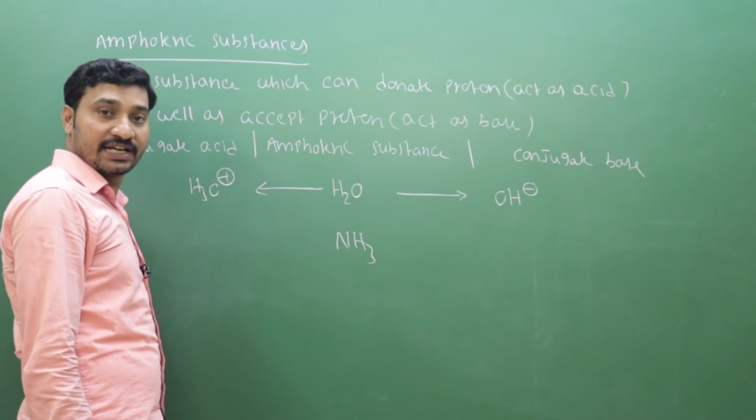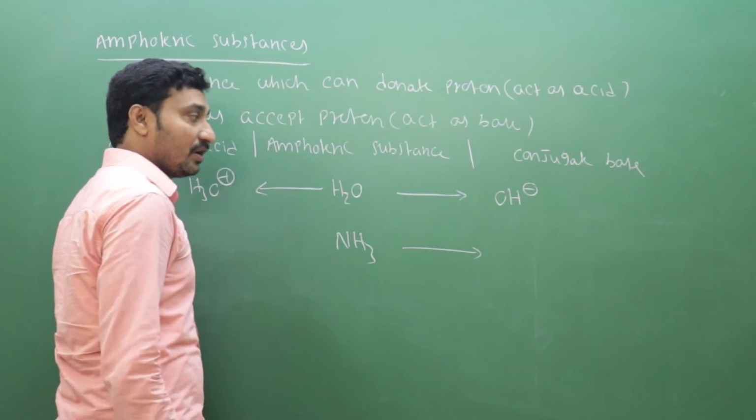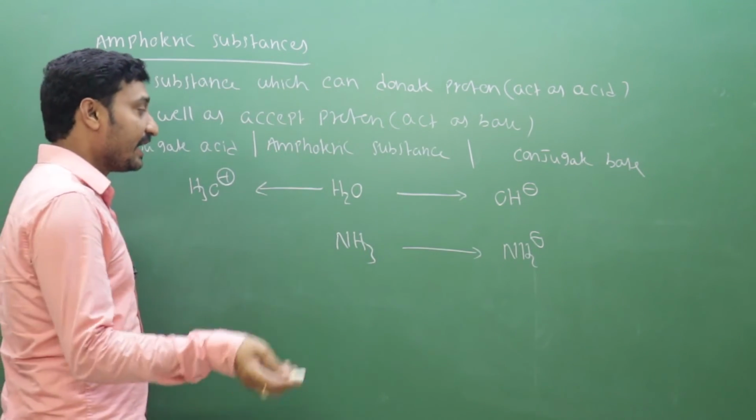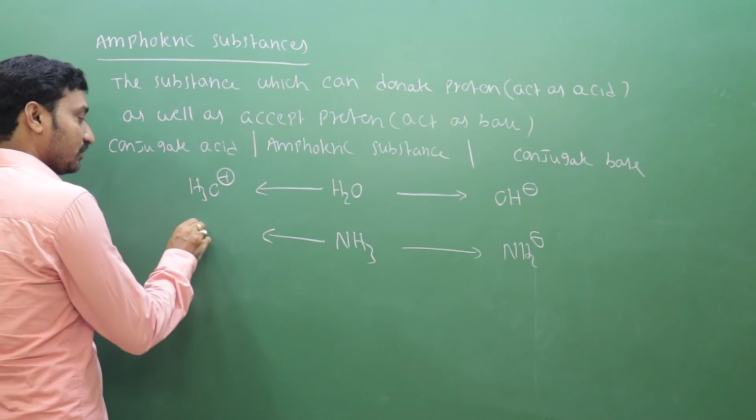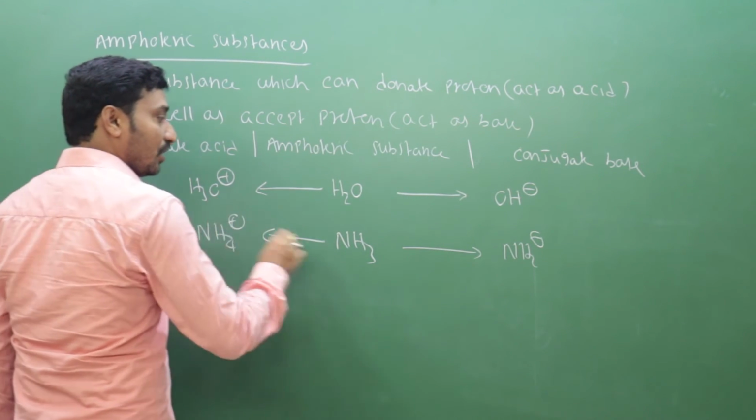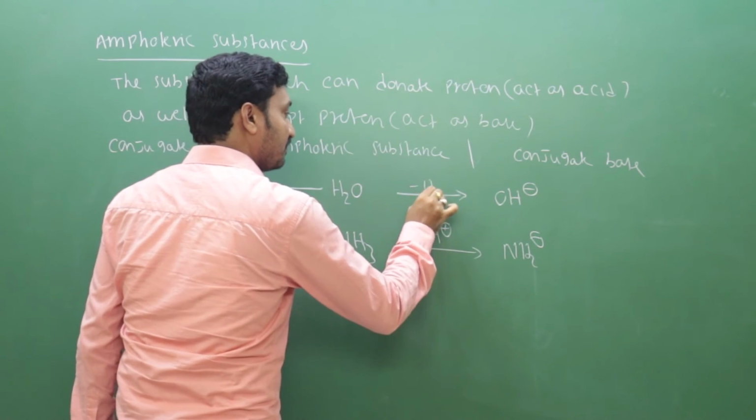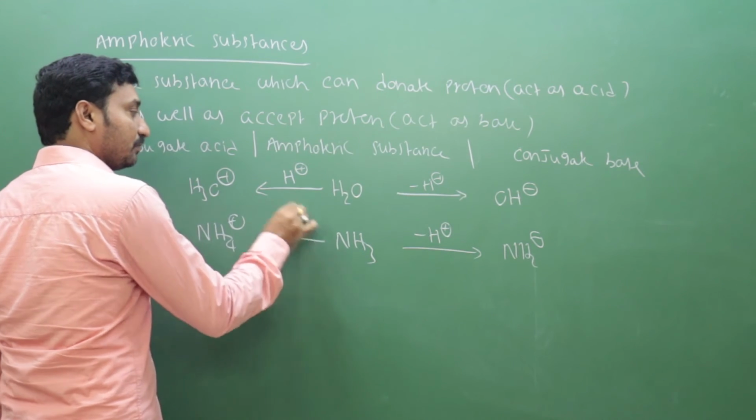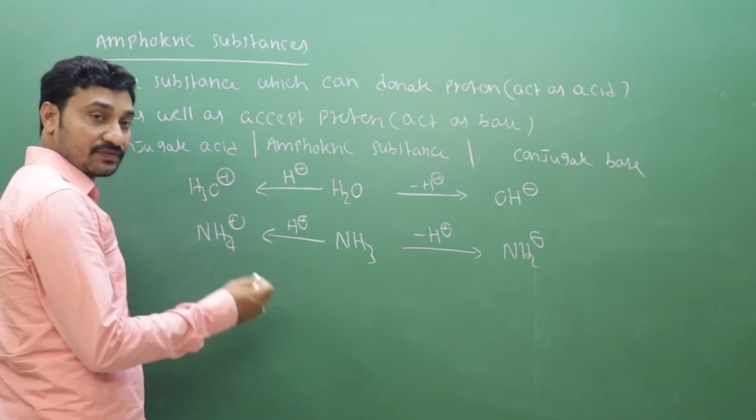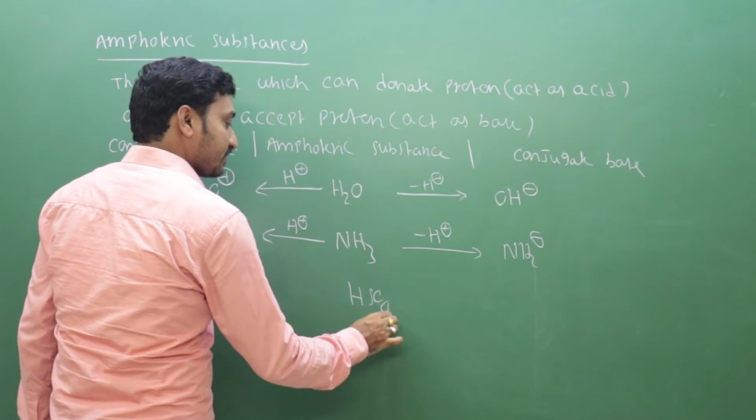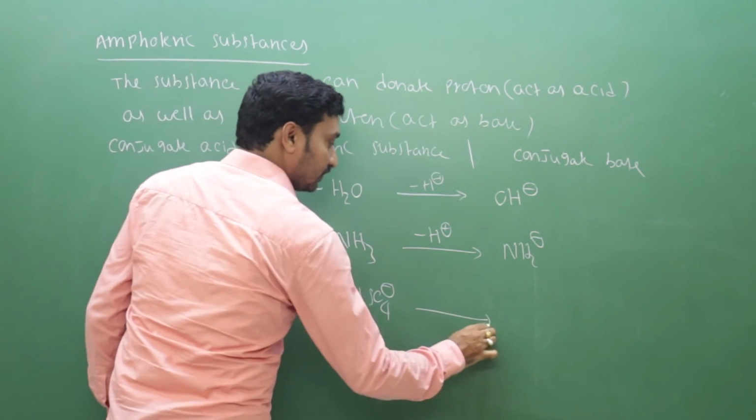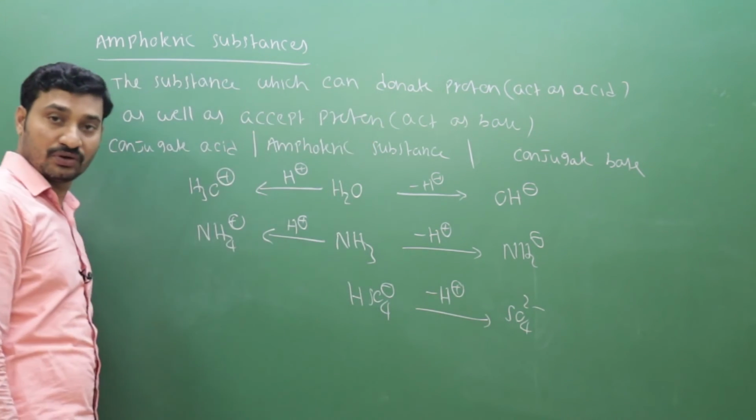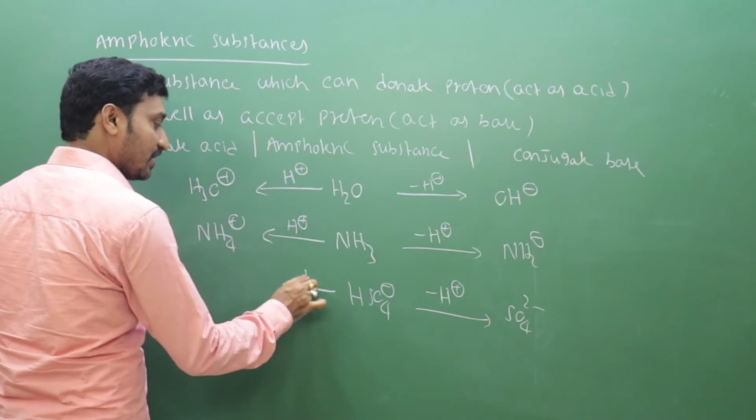NH3. Okay. Removal of a proton, NH2 minus, the conjugate base. Addition of a proton, NH4 plus. Removal of a proton, minus H plus. Addition of a proton, plus H plus. Okay. Next one, HSO4 minus. Minus H plus, SO4 2 minus, right? SO4 2 minus. Addition of a proton,